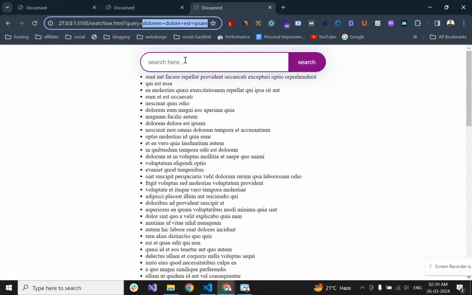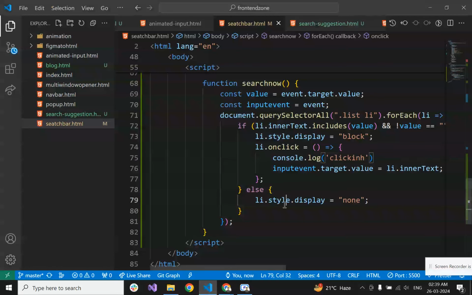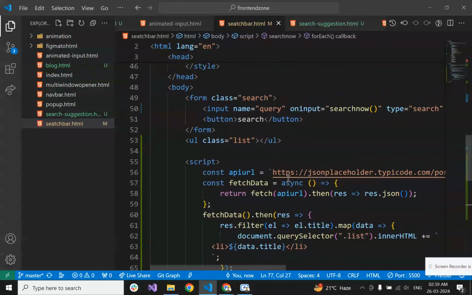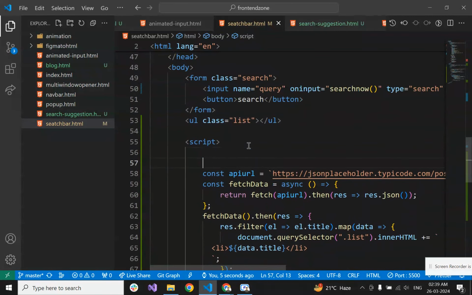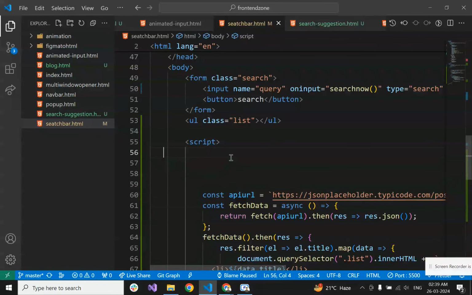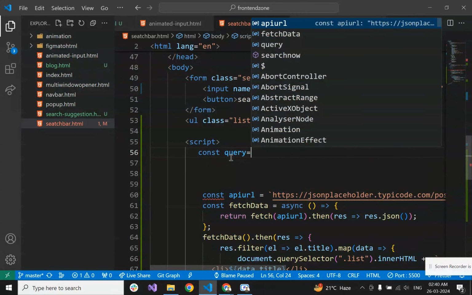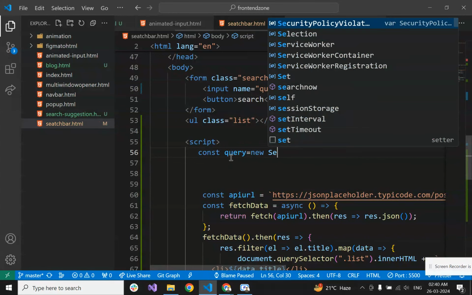The search input value should also be updated with this value. So for that, we will get this param value, this query value, and set it as the input value. We will check here if there is any query, and for that we will just use new